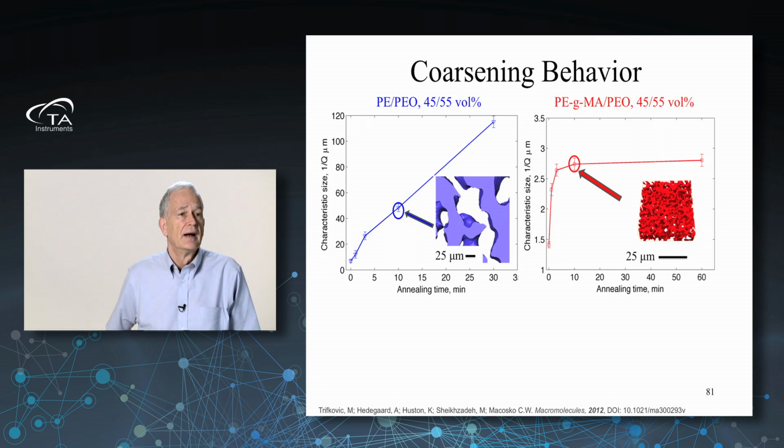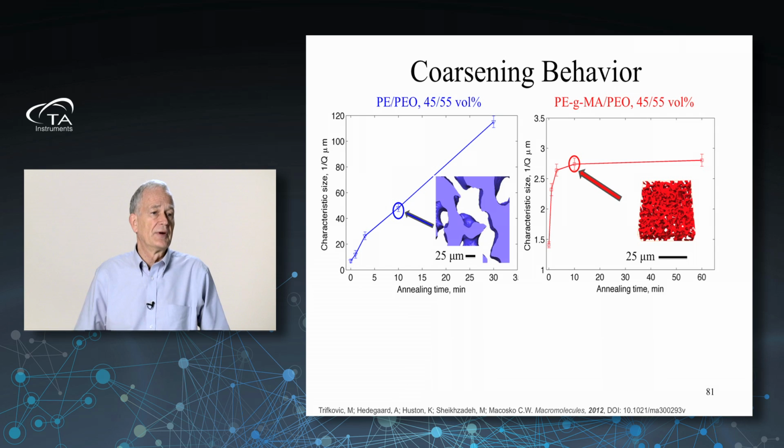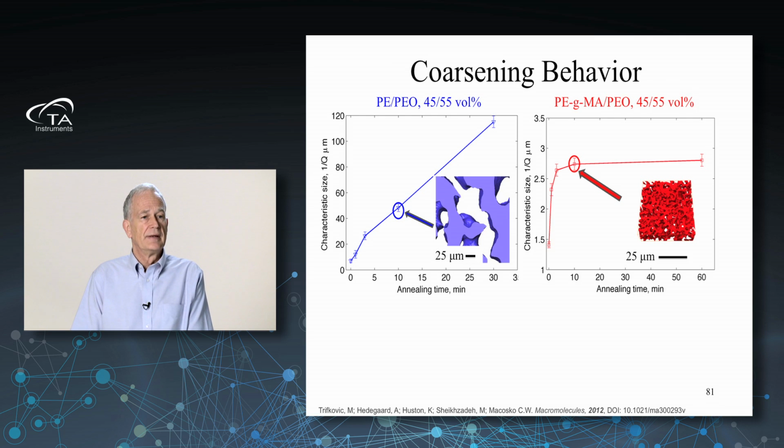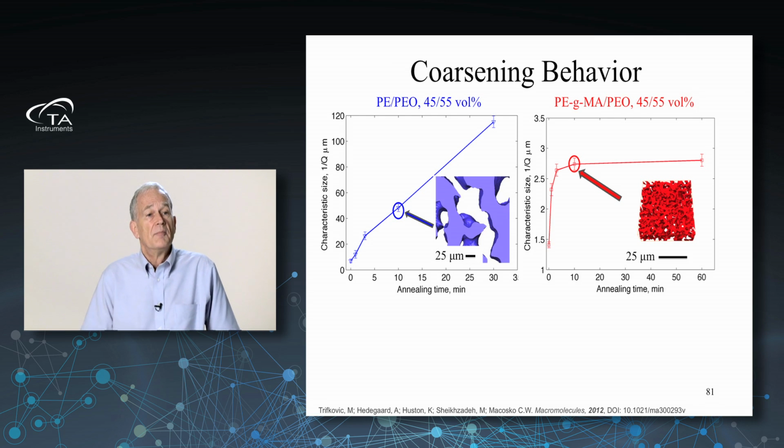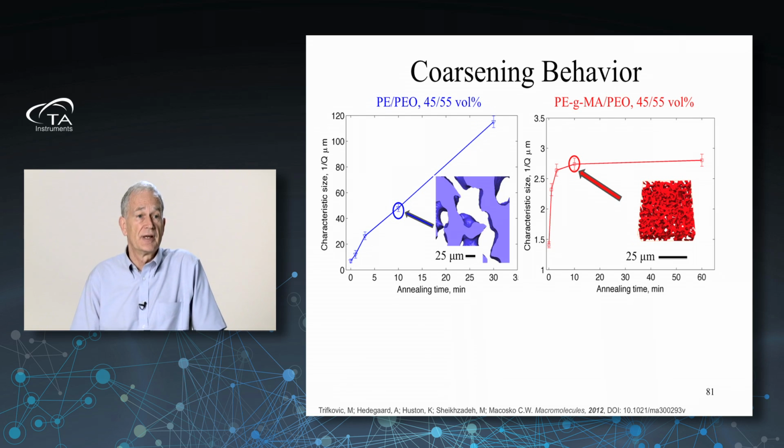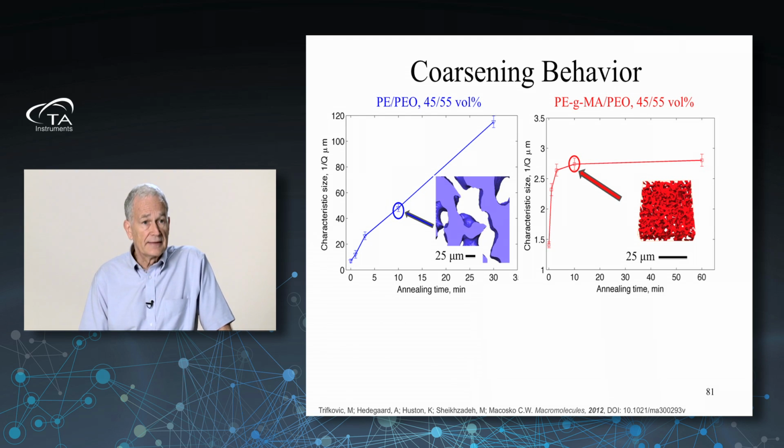So on the left side, the blue material started at about 5 microns and coarsened all the way over 100 in only 30 minutes. But if we have the reactive compatibilization, we started at a lower size, as we saw in the earlier image. We started nearly at 1 micron, and it coarsens to less than 3 microns. We think